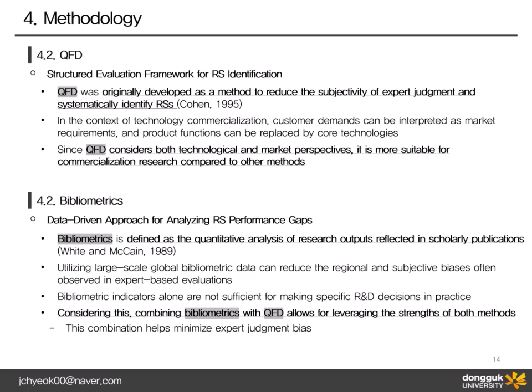By analyzing a large-scale global bibliometrics dataset, it becomes possible to reduce the subjective and regional biases often observed in expert-based evaluations. However, bibliometric indicators alone are not sufficient for making concrete R&D decisions in practice. Considering this, the study combines QFD and bibliometrics, leveraging the strengths of both methods to minimize the biases inherent in